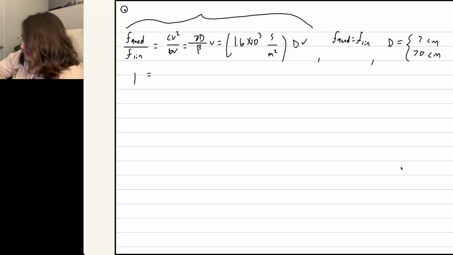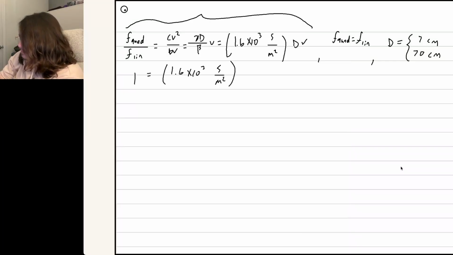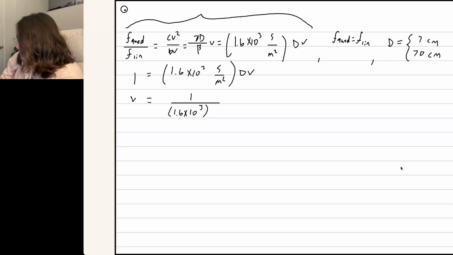So we're setting 1 equal to 1.6 times 10 to the third seconds per meter squared times dv. So we can solve for velocity as being 1 over 1.6 times 10 to the 3 times